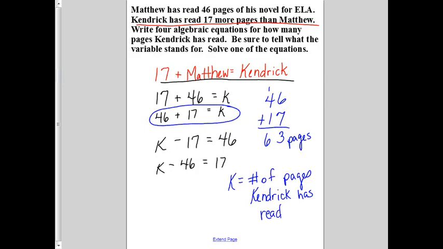So hopefully that gives you a good start on looking at the vocabulary of equations, and looking at some ways we might consider solving